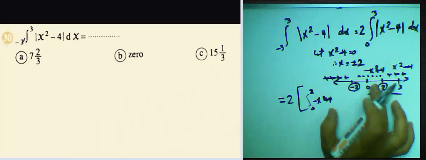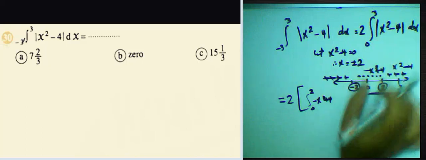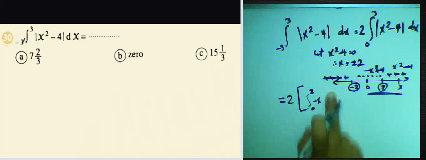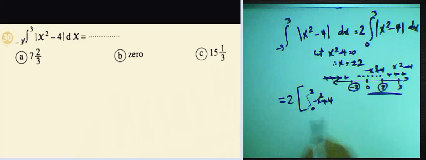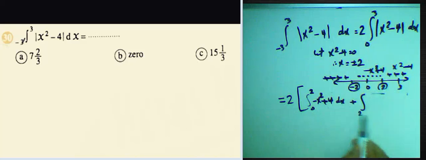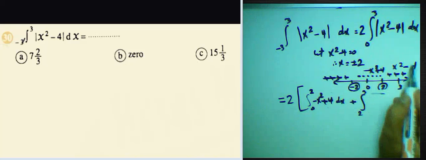Understood? Because the negative times this function inverts all terms here, negative x power 2 plus 4. Okay, the integral of negative x power 2 plus 4 from 0 to 2 dx plus the integral from 2 to 3, this part positive x power 2 minus 4